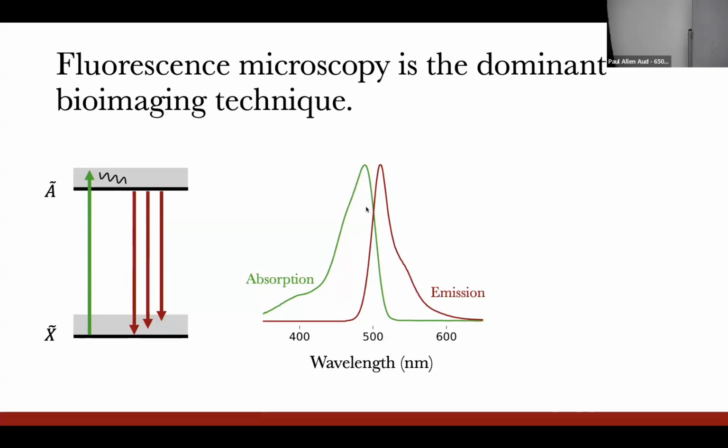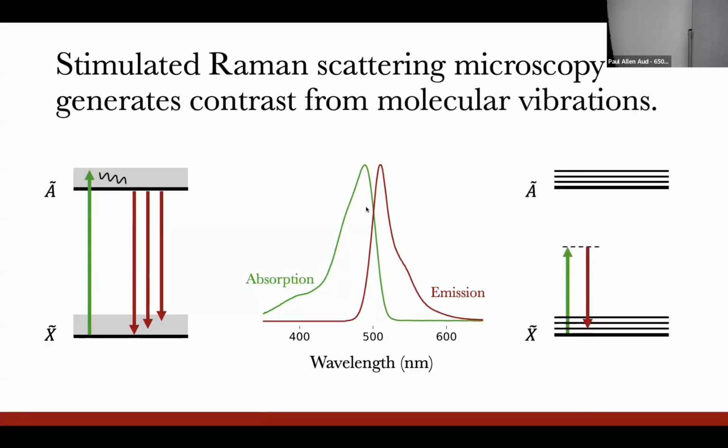And then for deep tissue imaging, I'm limited by scatter. And for resolution, I'm limited basically by the diffraction limit of light. And spectrally, of course, these emission bandwidths are very, very broad. So I'm not being very efficient if I want to do something like multiplex sensing where I look at many different species. So an emerging technique to this is stimulated Raman scattering microscopy, where we're going to generate contrast from